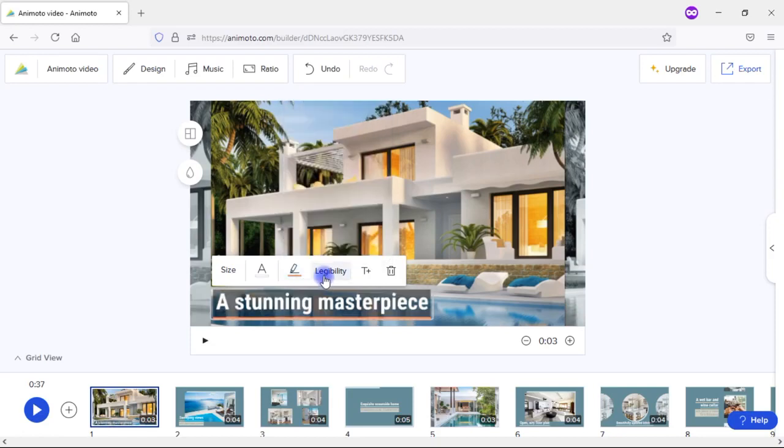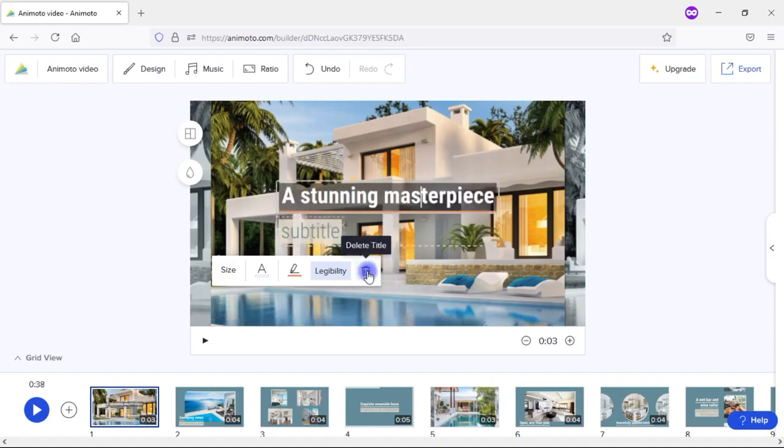This here, I don't know why that says legibility. That's not a font. I really don't understand that, but that obviously adds that right there to the background of your text. I guess legibility in the sense that adding that background makes it easier to see. Then here you can add a subtitle if you want to do that. And then there you can delete the title right there. So those are your options in terms of editing the text. There are some other options that we'll look at later under this design tab, but right here within the video itself, those are your options for editing the text.